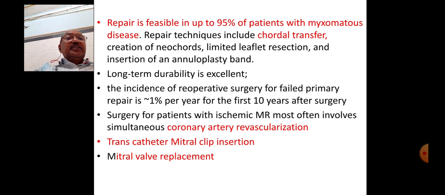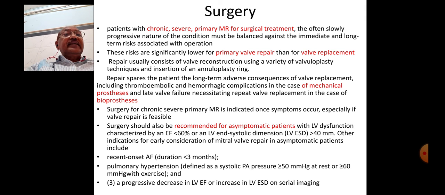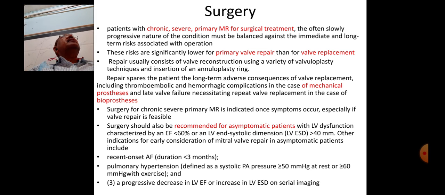Repair spares the patient the long-term adverse consequences of valve replacement, including thromboembolic and hemorrhagic complications in the case of a mechanical prosthesis, and late valve failure necessitating repeat valve replacement in case of a bioprosthesis. Surgery for chronic severe primary MR is indicated once the patient is symptomatic and especially when the valve repair is not feasible. Surgery should also be recommended for asymptomatic patients with LV dysfunction characterized by an ejection fraction less than